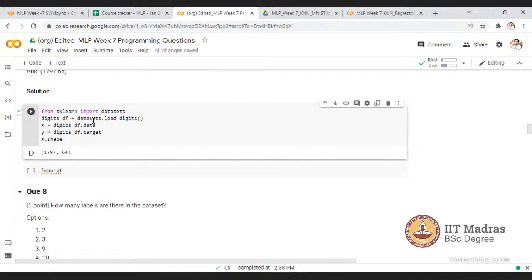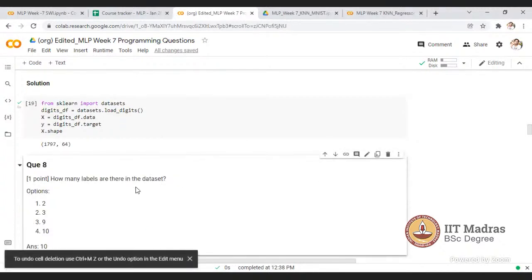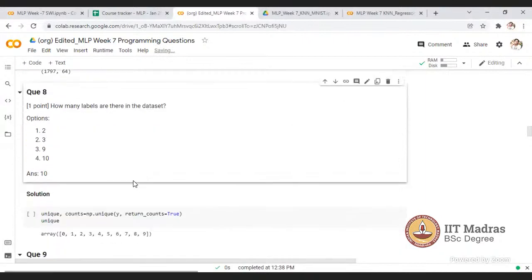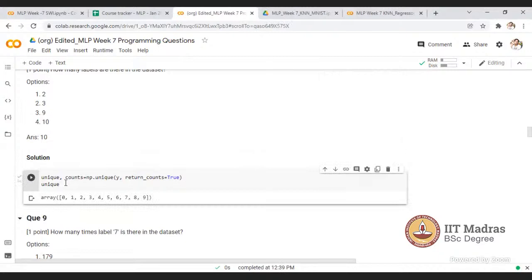Digits, the shape is around 1797 by 64. So how many labels are there in the data set? To check that, we can check the unique counts with np.unique of the y vector. These are the unique values.